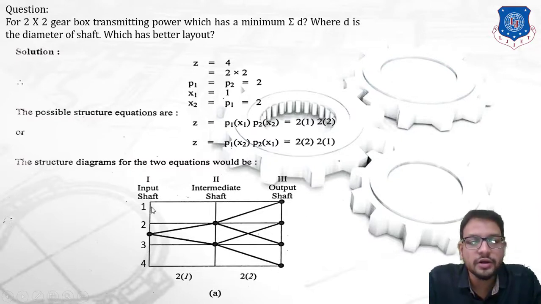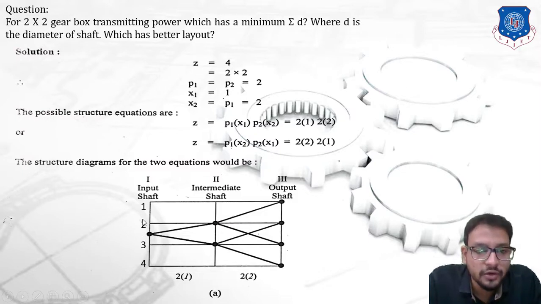Now we need to give numbering, so we need to give nodes. These numbers are called nodes. You can see I have plotted the first node, second node, third node, and fourth node. Now while plotting this ray diagram, from where do we need to start? We are going to start from the intermediate position. The intermediate position is in between node point 2 and node point 3. So from this point we are going to start.